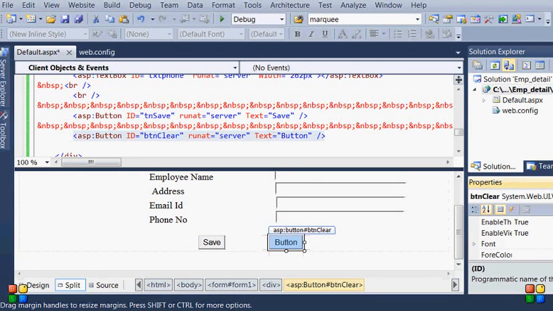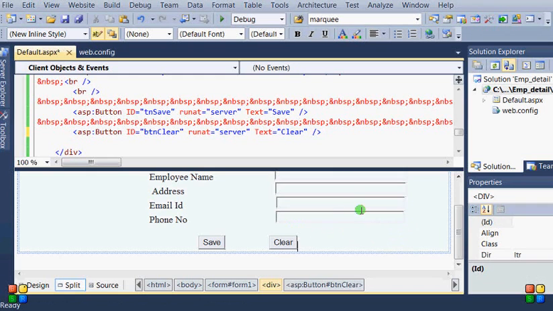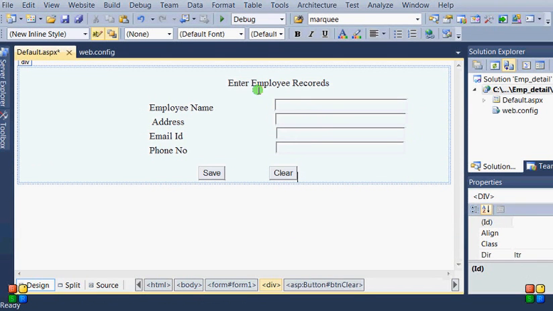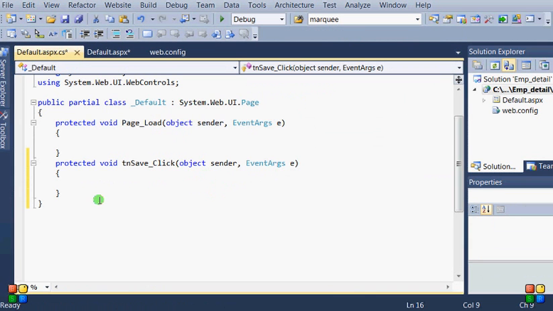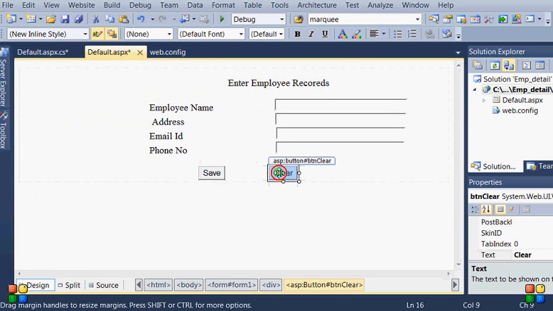So whenever we enter data, at that time we can just clear our data from the text boxes. So here we have to put the value of text. Now all the things are done on the GUI side. Now just click and generate an event on the save button and similarly on the clear button.